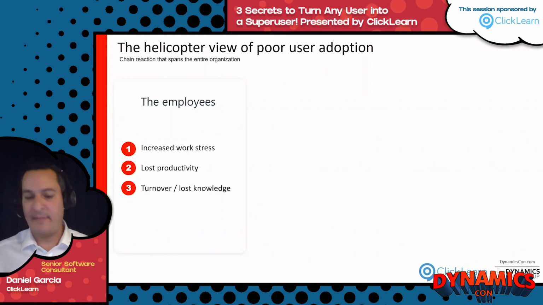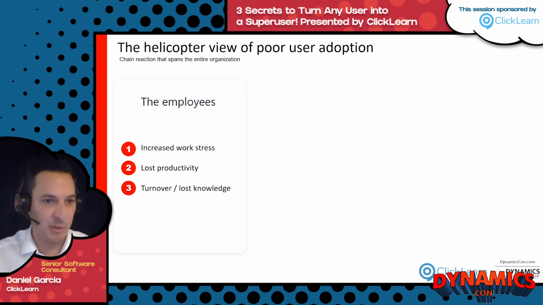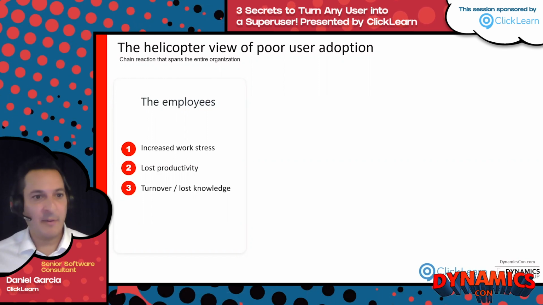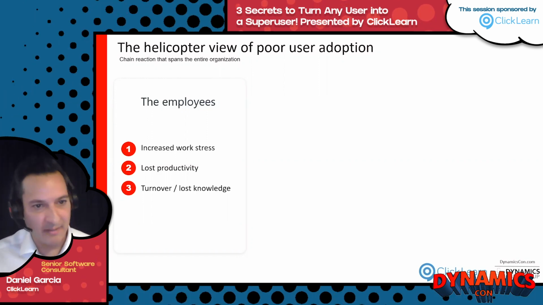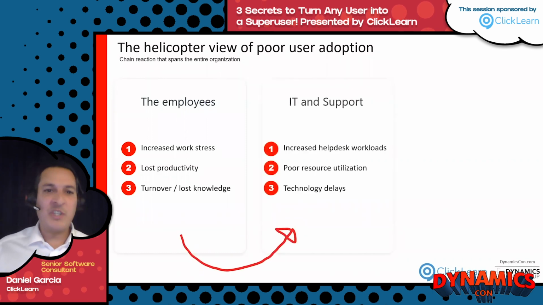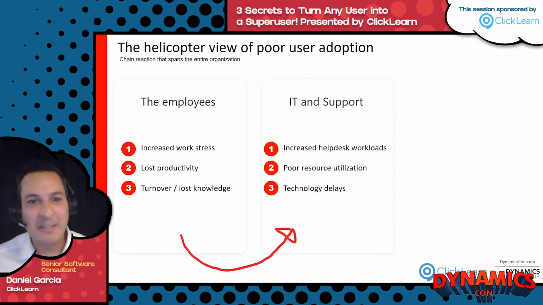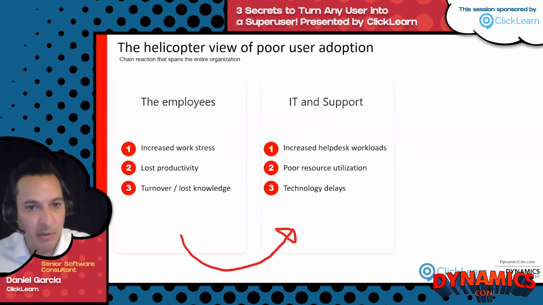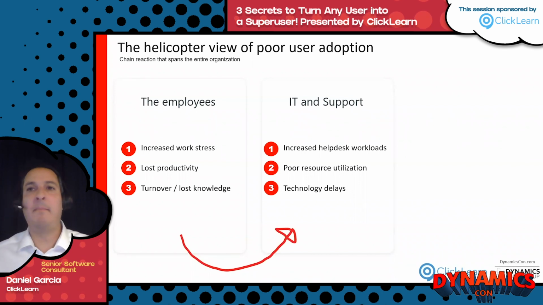Having to have KPIs, and you have deadlines, and you have all of these things that your boss is telling you you need to do, and you don't know how to use the business system. That causes a lot of stress for people. You have lost productivity from the end users, which then translates to a spike, an increase in help desk queries, right? And then all of a sudden you have your IT team that should be focused on developing this technological roadmap, should be focused on building solutions for the enterprise,